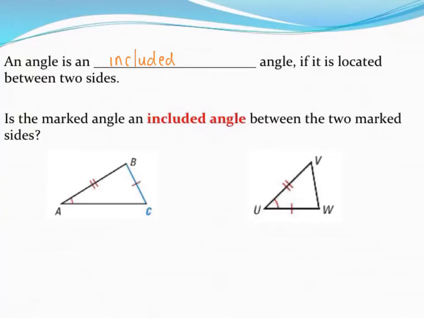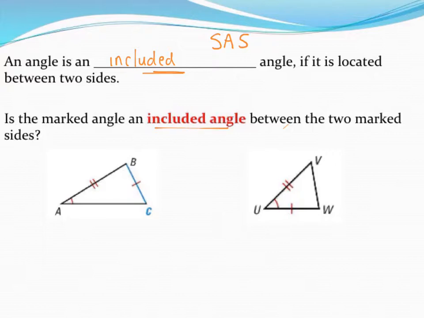The second triangle congruency shortcut we're going to be looking at is called side angle side, SAS. Notice that A is located in between the two sides, and what we call that is an included angle. So we have to make sure that the angle is sandwiched right in between our two sides. And so if we take a look at these first two questions, we want to find out, is the angle